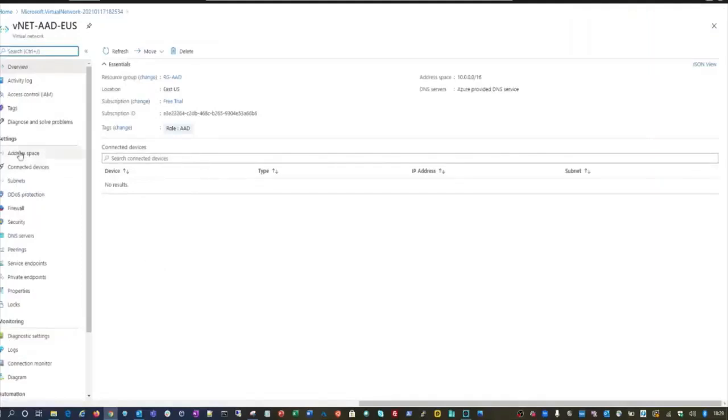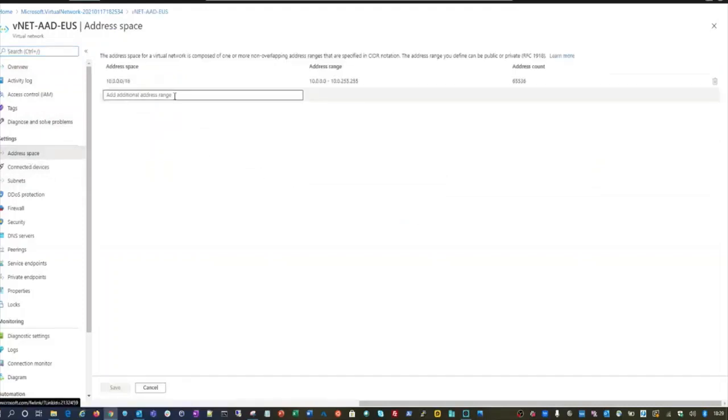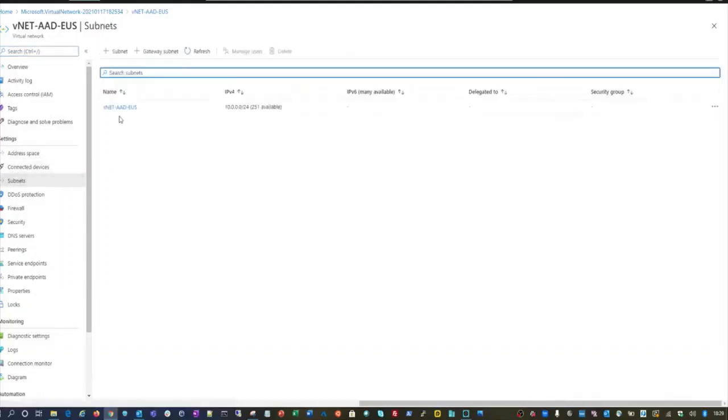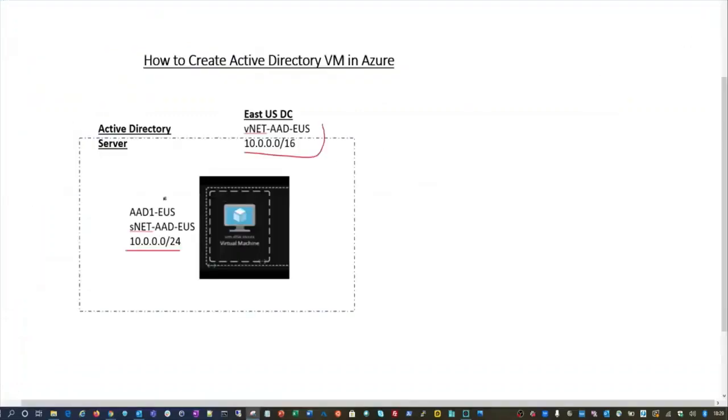So we have a VNet created, and the address space we see is 16-bit, so we have a lot of hosts available, and the subnet we have is this. Now we are going to launch a VM, and that VM we will launch in this subnet. So now let's create a VM with this name.